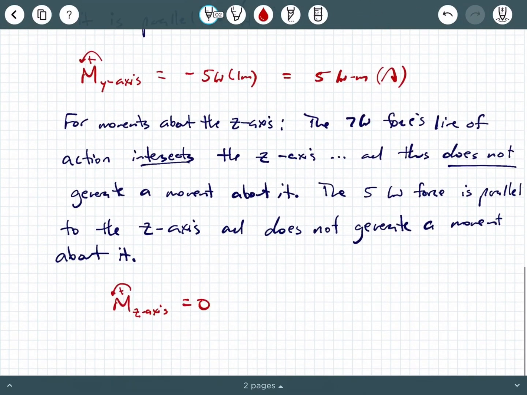So your three answers would be 6.5 kilonewton meters going counterclockwise, 5 kilonewton meters going clockwise, and 0 about the z-axis. So again, think of it as a force causing a rotation around an axis. If an applied force is parallel to an axis, it's not going to generate a moment. If a force intersects directly